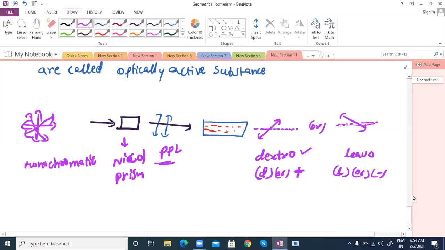So some conditions are there to show optically active character. All the compounds won't show optically active character. But anyway, I'm going to write here specific rotation. How much are they rotating? Specific rotation. Some theta, this is rotating. The rotation of the overall light, how much the substance rotated,